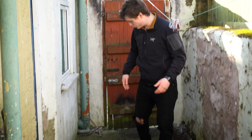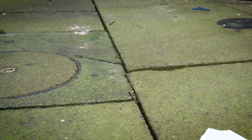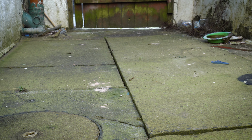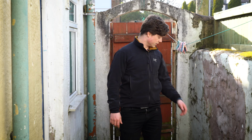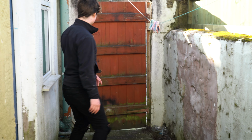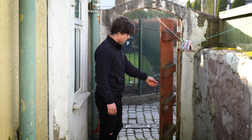Out here, these beautiful green concrete slabs will be jet washed, and they'll come up looking brand new. Again, super cheap way of making a real big difference to the outside here. Here is your bathroom window, and obviously a vent for an extractor fan that will go in there. So otherwise, this is pretty good. The back gate's all right. We'll just give it a paint, and yeah,